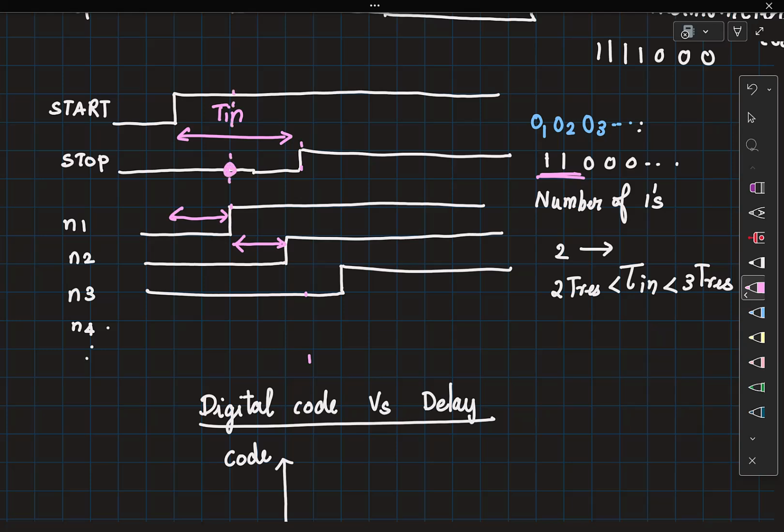So here you get 0, here you get 0, and this is going to be 1, right? So your sequence of O1, O2, O3, etc. is going to look like 0, 0, 1. Then the next edge will also sample 1, etc. So you get a sequence of zeros followed by ones, and the number of zeros is telling you what is the delay between start and stop.